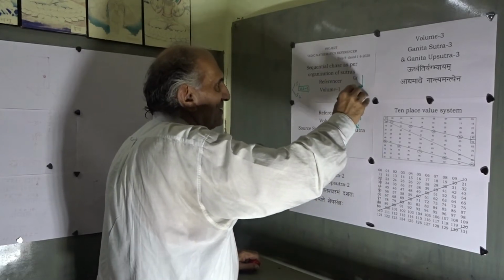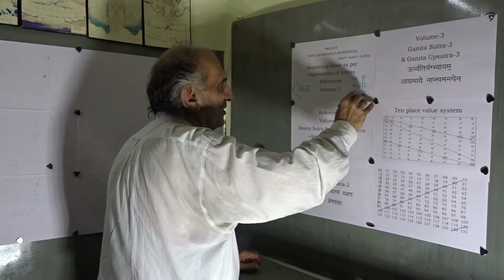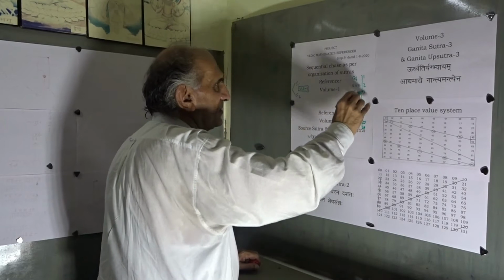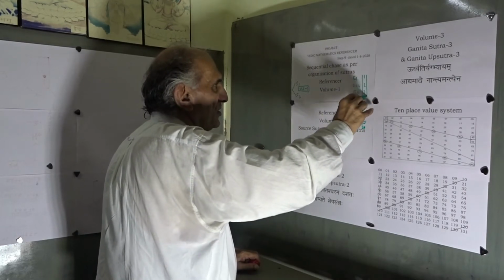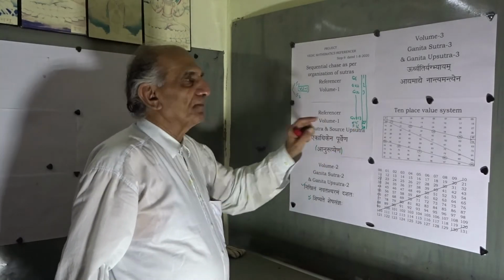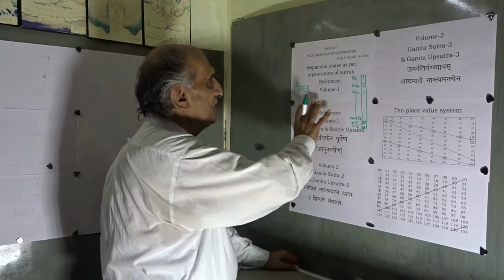These 29 steps are there. First, second, third, it will be the 28th and 29th step. So Ganita Sutra-16 in this organization is going to be at the 29th serial number. Therefore, the referencer